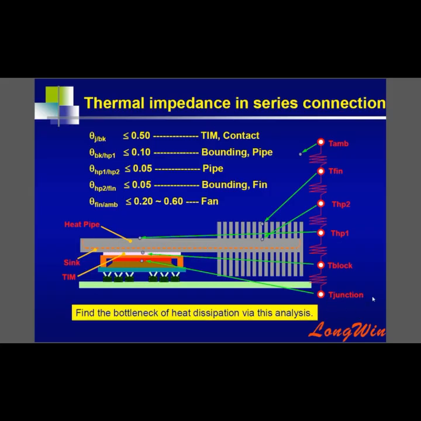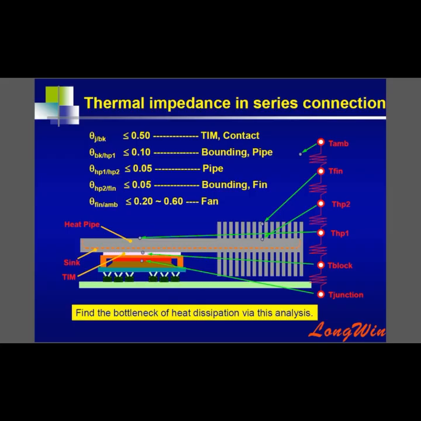So from the junction temperature to the block, or we can say the lid of the CPU, all the way to the heat pipe, and then to the fin onto the ambience. Every section owns its own thermal resistance. And for the thermal engineer, the main target is to make the total thermal resistance as low as possible,